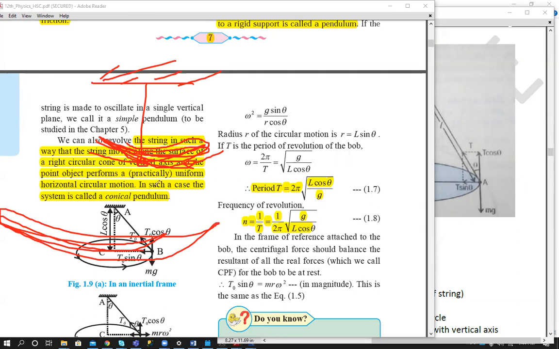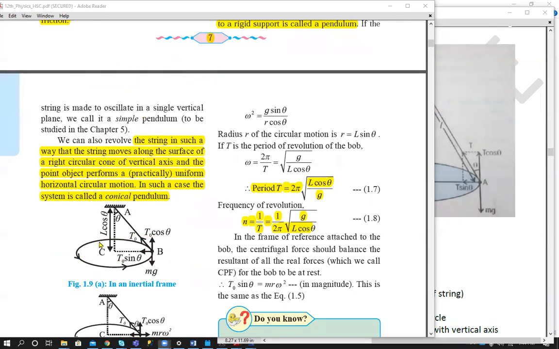Okay, but what I said, pendulum has two things: one is your string and another is your object tied to the end of the string. Okay, so if this bob, or this object, performs circular motion. Okay, let me clear all this. So in this diagram it is shown here. So now a thread, an object is tied by string. Okay, and this object performs circular motion.